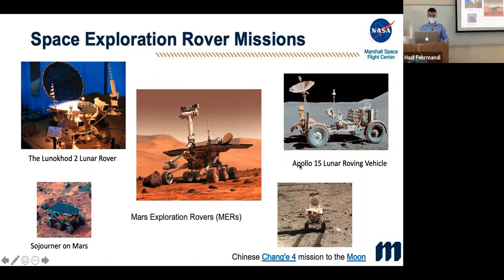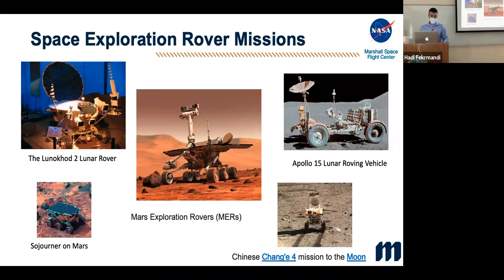We also have the Apollo 15 lunar rover from the early days, which was driven by the astronauts, and a range of vehicles have been deployed so far, including the Lunokhod 2 lunar rover from the